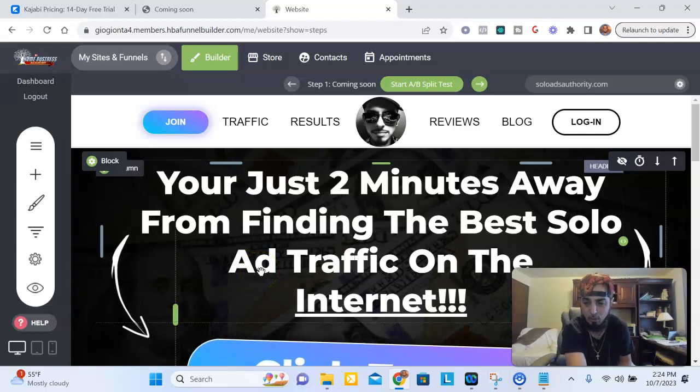But this is definitely the way to go for funnel builders. If you want to be able to earn from your funnel builder and reduce your costs and expenses as well, you'll be able to earn from this and make money. So imagine making money to build your business. It's very amazing. It's less expense that you have. You'll earn 80% commissions on everything, including the coaching. And it's really amazing.